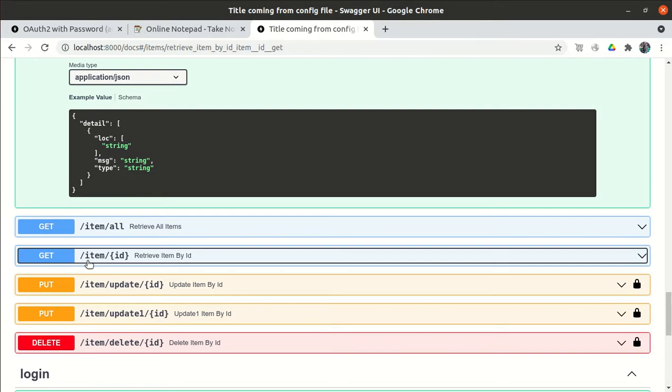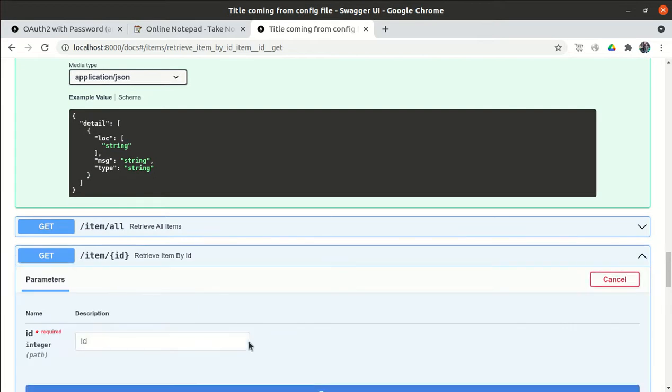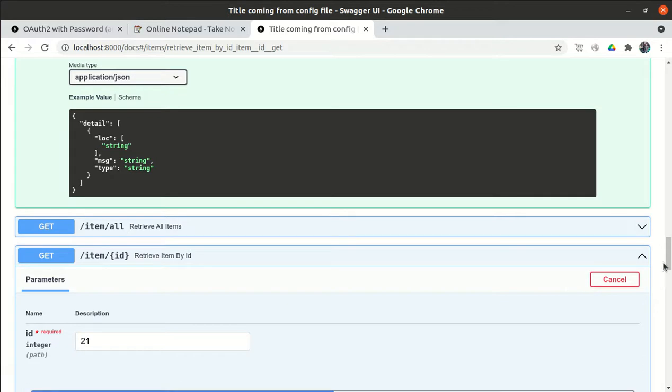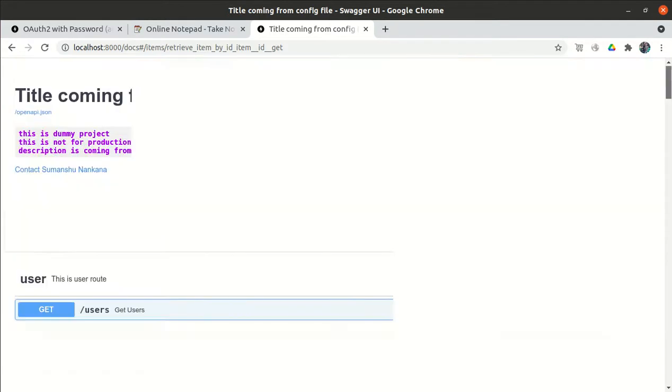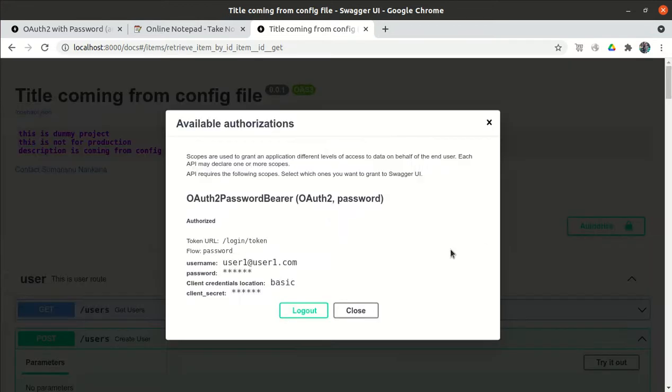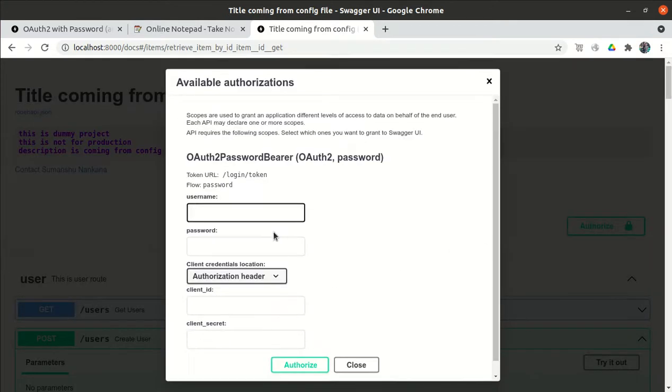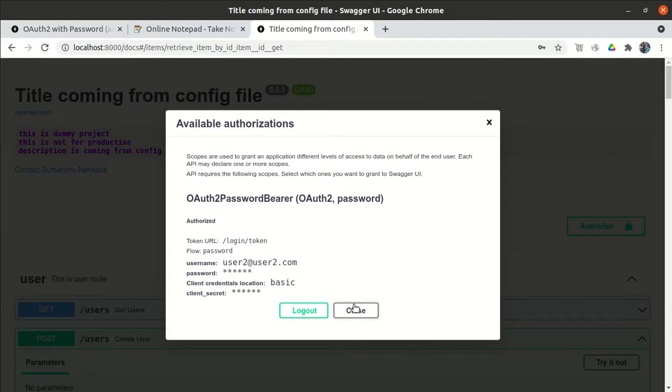Get item by ID, try it out. 21, execute. 21 exists. So let me try to delete this. Let me log the user out and log in with user2. So user2 is logged in.